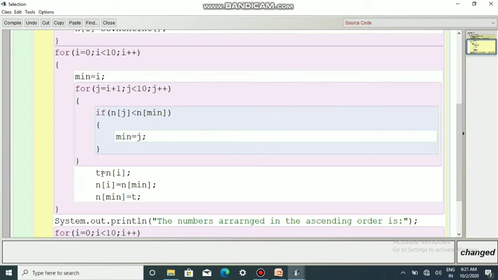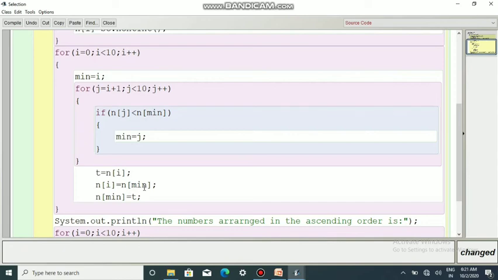Swapping means t is equal to n of i. n of i is the 0th position element, and that will go to t. Then n of i is equal to n of min. So here is the swapping. You know what swapping is.